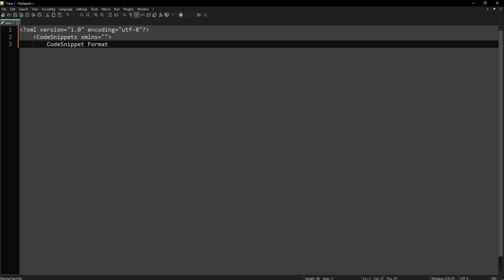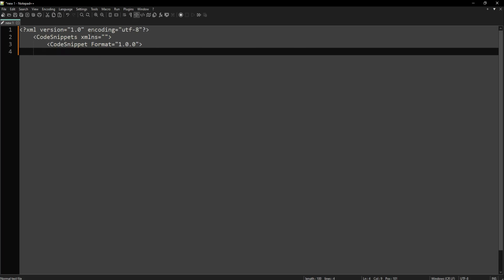That's for better reading, and that's going to be the format of the code snippet, is 1.0.0, and I just go back because I forgot to start it with the bracket, and within here